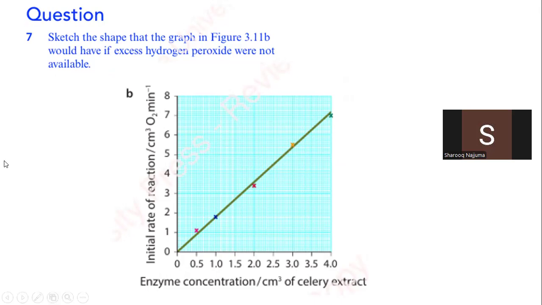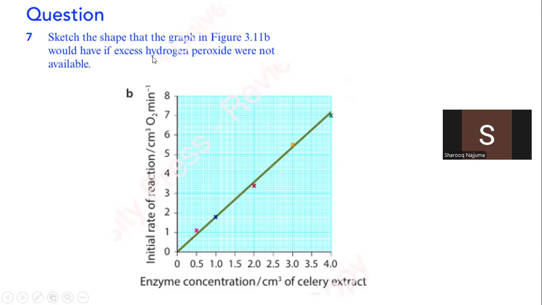Let's look at this question. They are telling us to sketch the shape of this graph that would be obtained if excess hydrogen peroxide were not available. Remember that hydrogen peroxide is the substrate. So in this case, we are changing the enzyme concentration. That means that